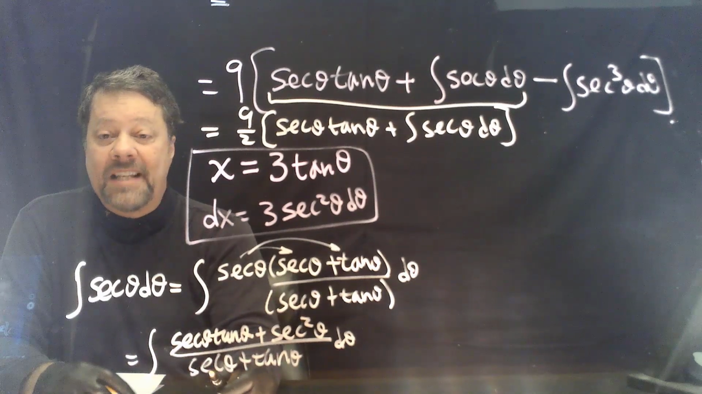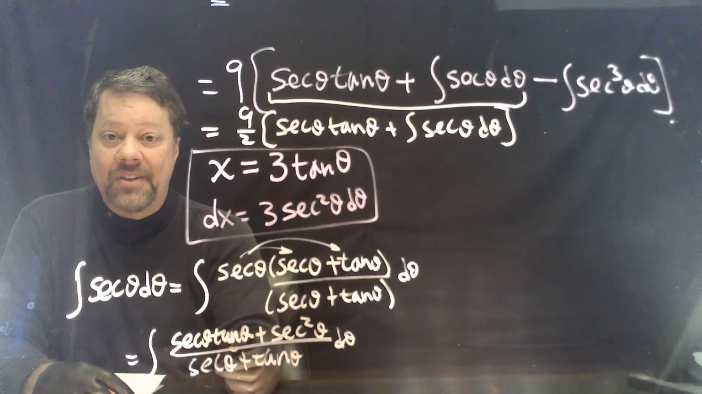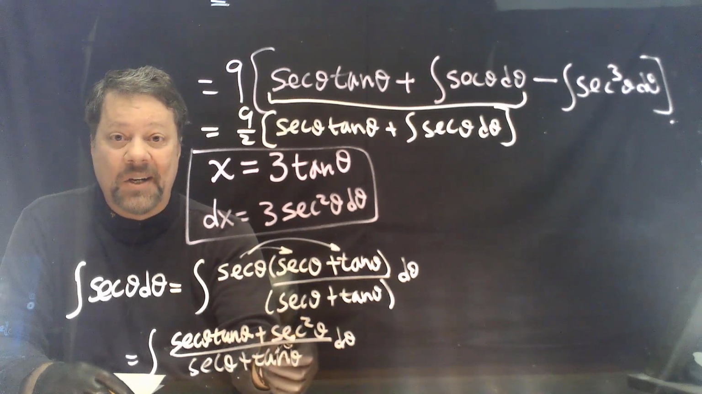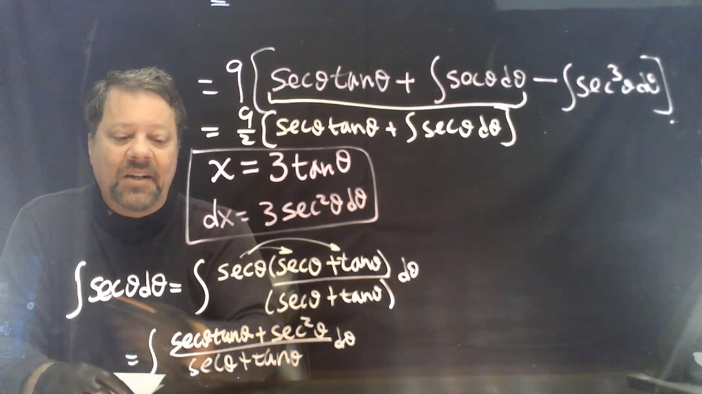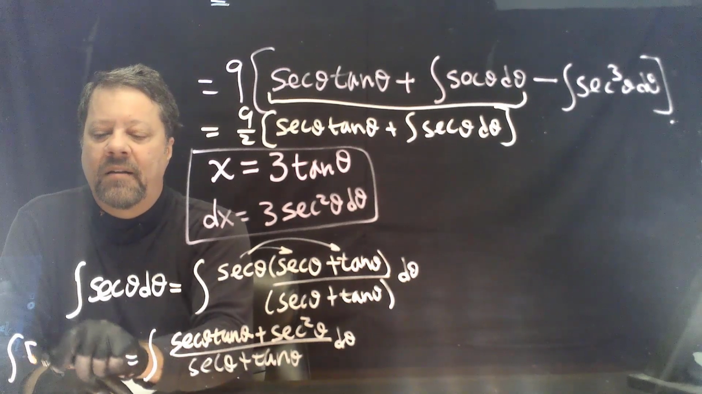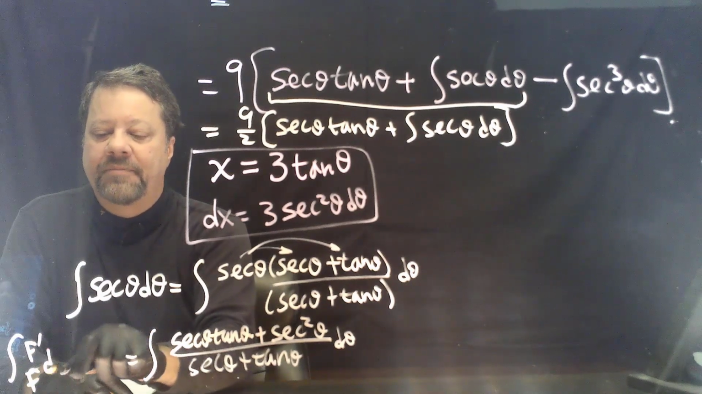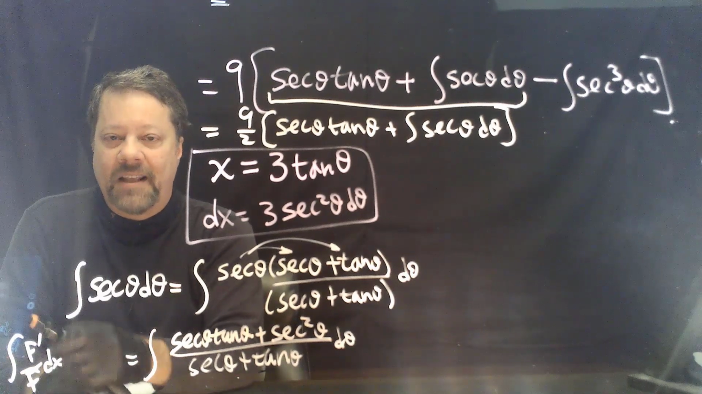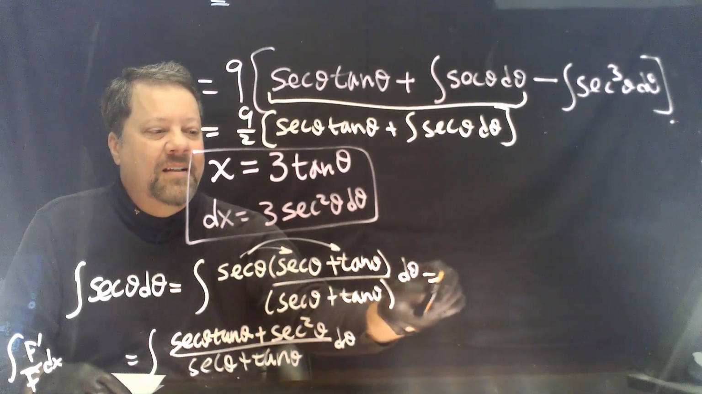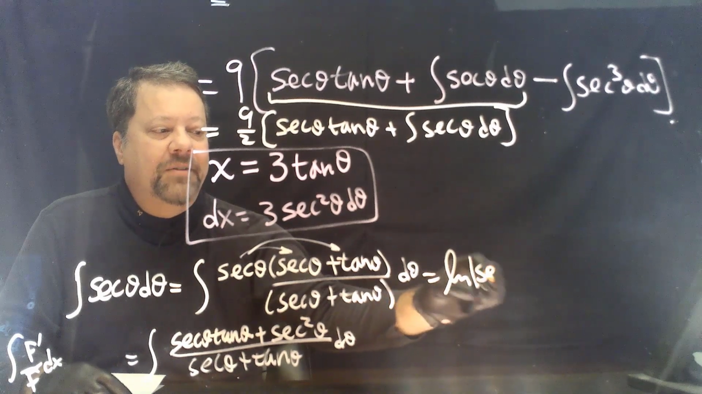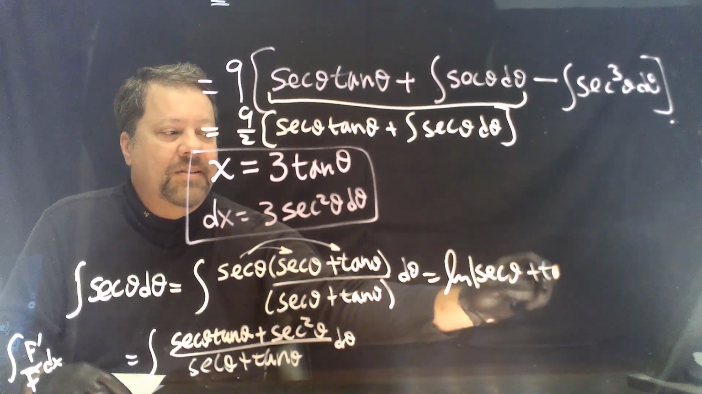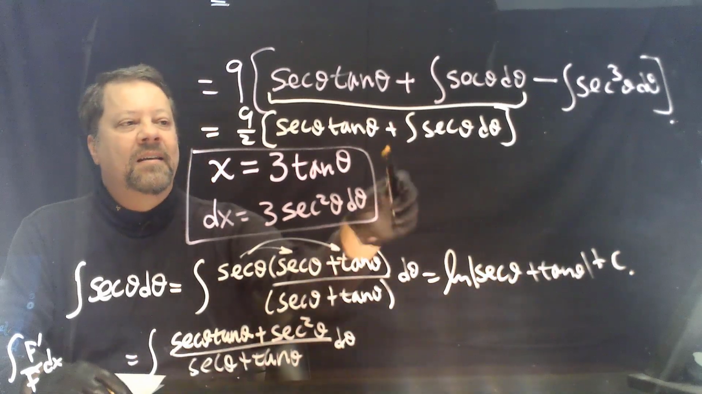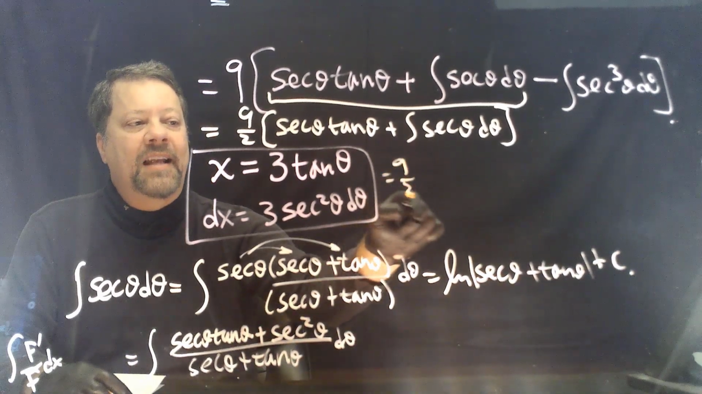The derivative of secant is secant tangent. The derivative of tangent is secant squared. So this integral is in the form f prime over f, and those always end up with the log of f in absolute value. So this will be the log of the absolute value of secant theta plus tangent theta plus c. So our answer is 9/2